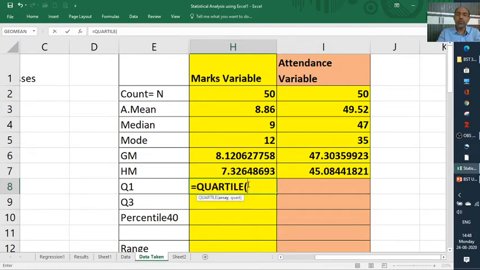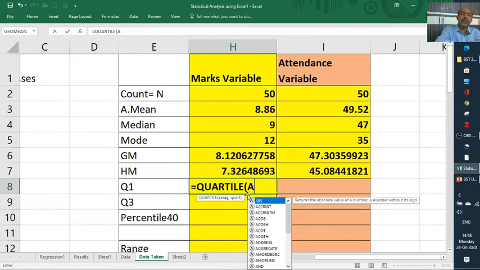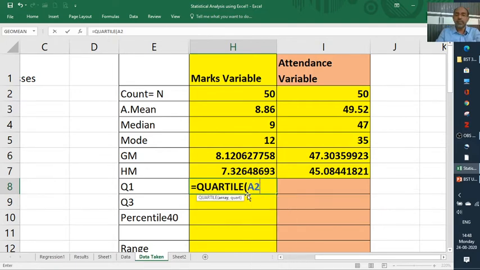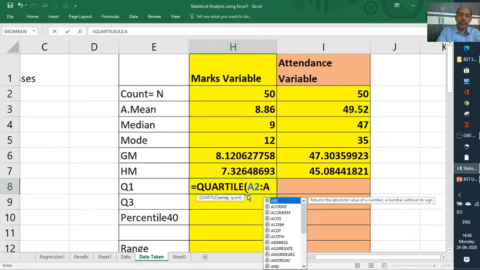For quartile, if you double click on that formula, it is automatically taken. So the quartile function wants the data. A2 means the series where it started, A2 up to A51.